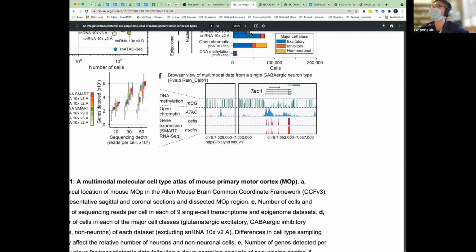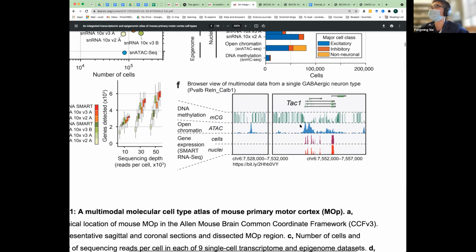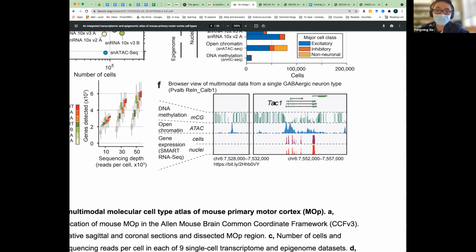So here is one example at this gene TAC1, and for a specific cell type here, it's called parvalbumin reelin _ KELB1. It's one cell type from that part of the mouse brain, and it contains 4 different types of information in this example, including DNA methylation, we call it mCG.